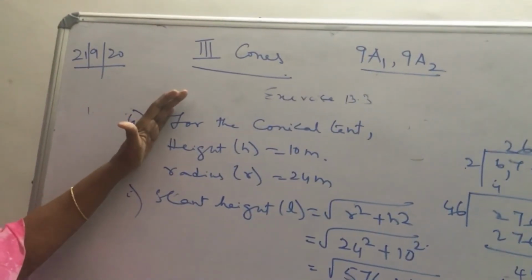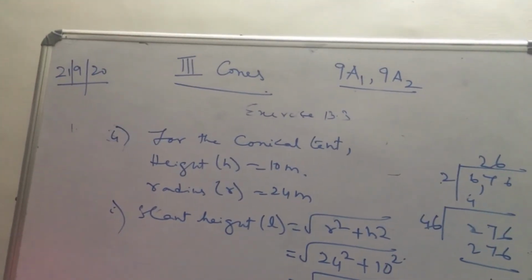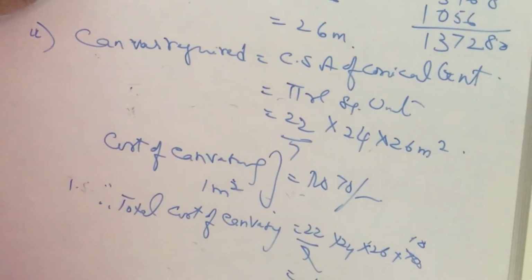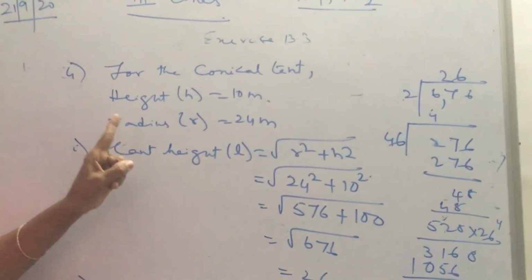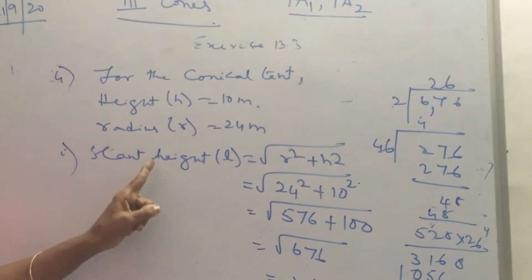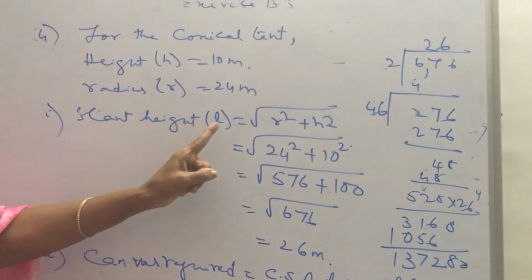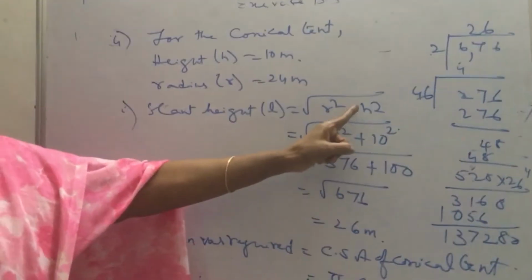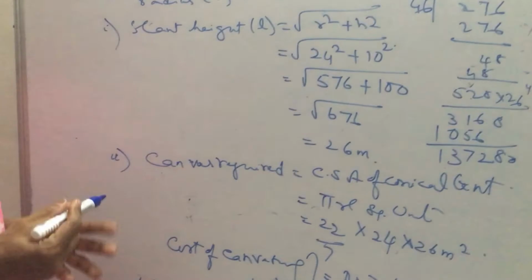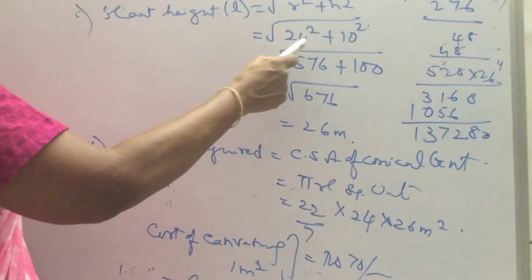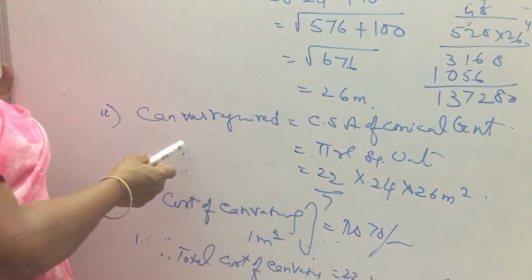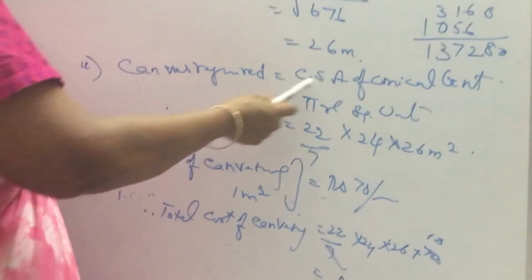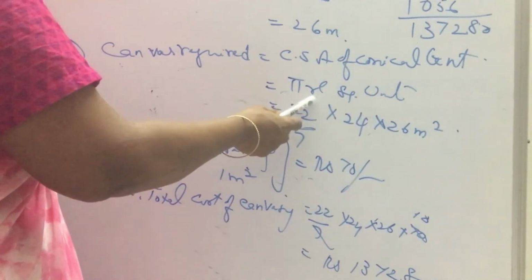I shall repeat, children. You are given a conical tent and you are asked to find the canvas required, the total cost of canvassing the conical tent. Given the height and the radius, because you have to find the CSA of the cone, first find out slant height. What is the formula for slant height? Root of R square plus H square, which is equal to root of 24 square plus 10 square, 576 plus 100, 676, 26 meters. Canvas required is equal to CSA of the conical tent, which is equal to pi RL